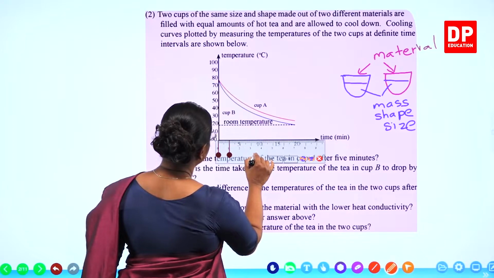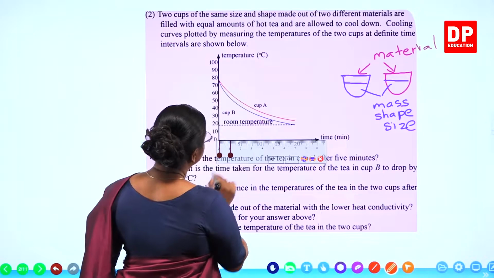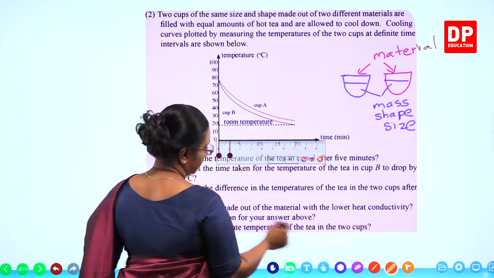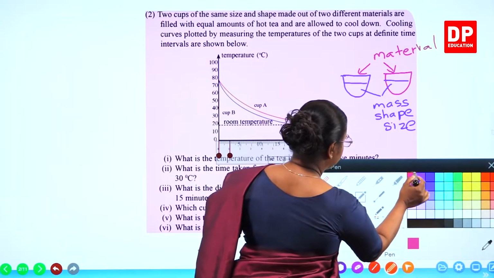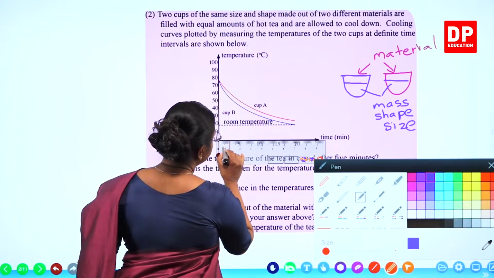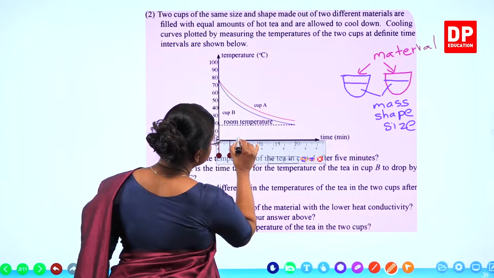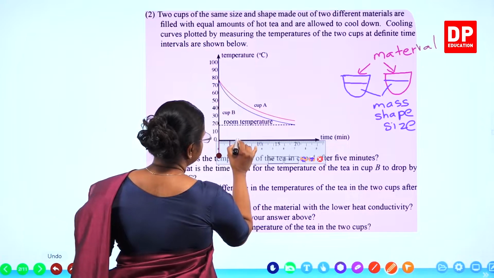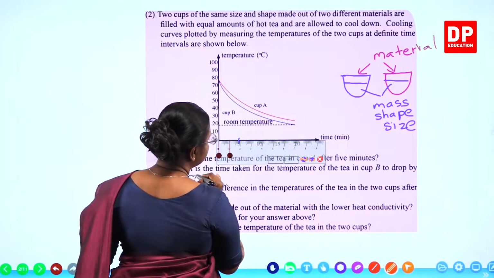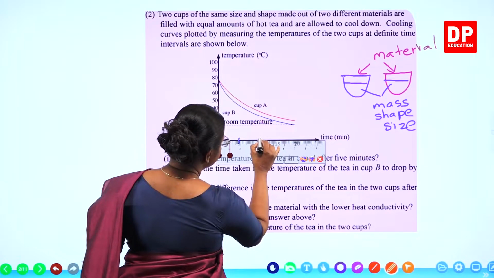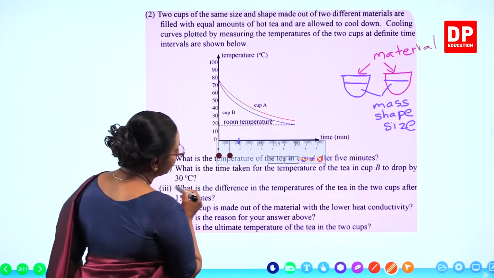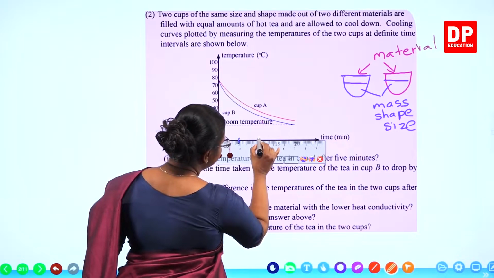So if we start from the 0 line, that is with the y-axis, then I will mark the points there. So here this is of course easy. This is the 5-second mark. We will mark it here. Then 10 seconds. Again, you can see this point is less than 2. So here we will take it somewhere here.